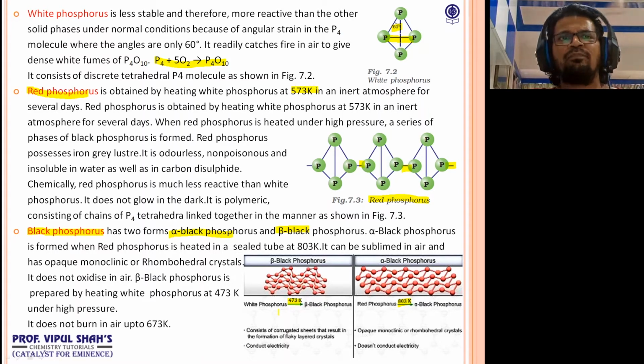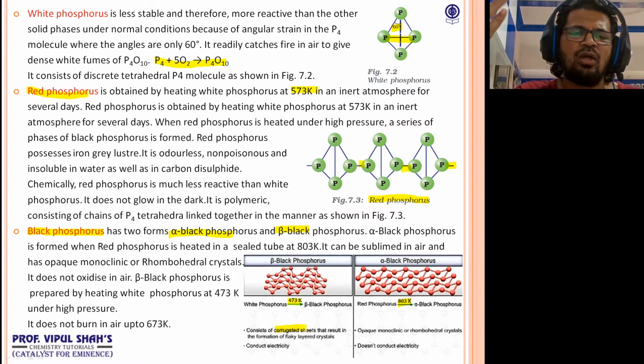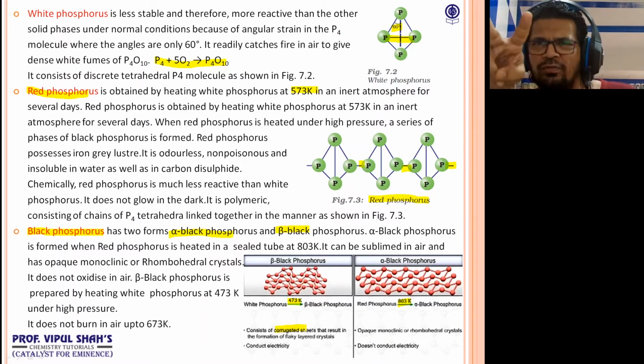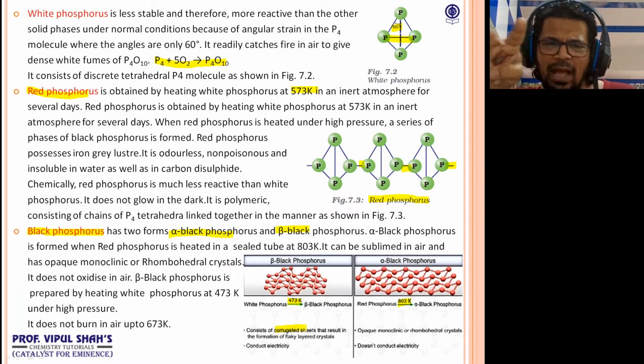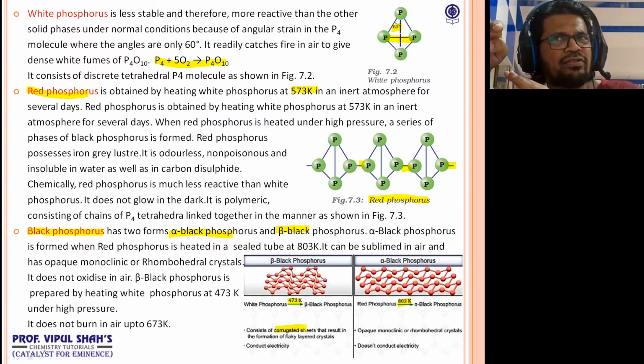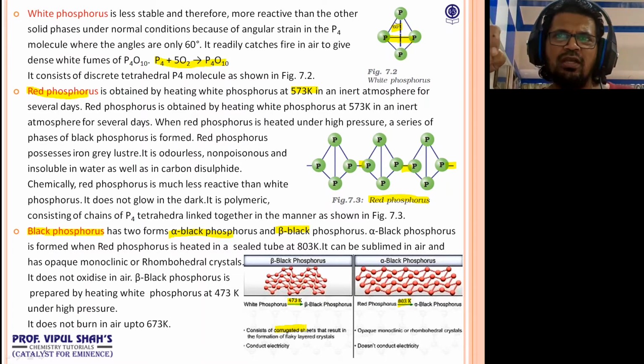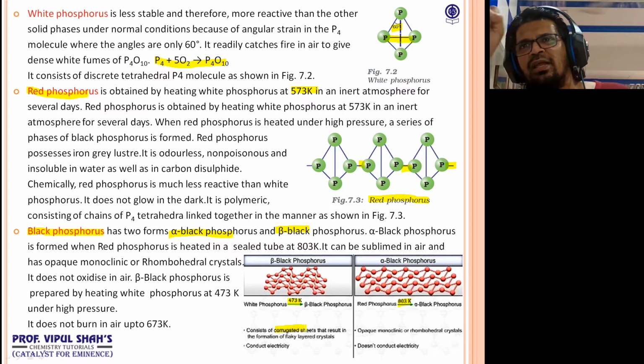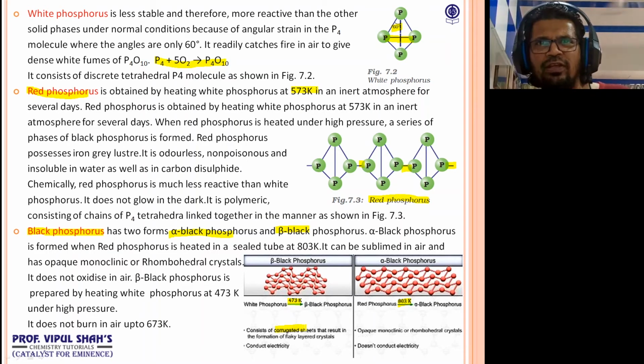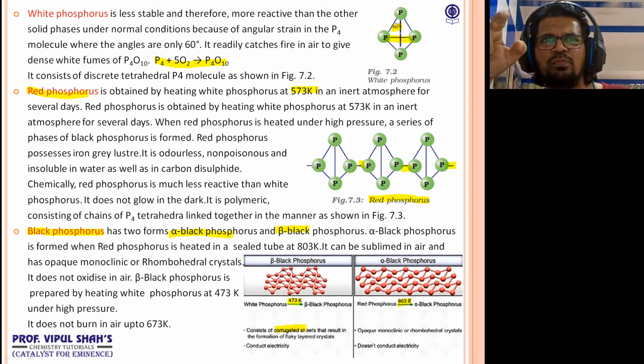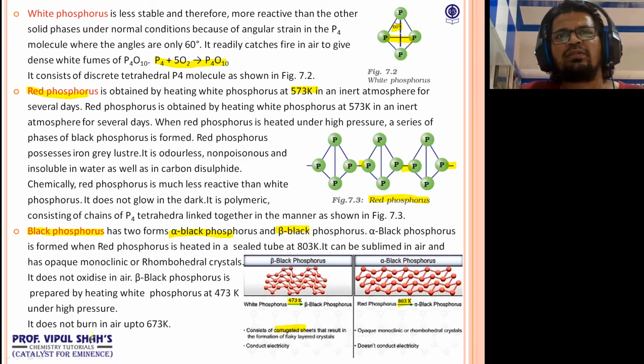Now if you observe this table, the structures I've given of alpha and beta. It says it forms corrugated sheets. Now the question comes, what is this word corrugated? If you observe, they are just like parallel rows. Have a look at the diagram. They are basically parallel rows of folds. Is this clear? That looks like a series of waves, when seen from one of the edges. That's the look of it. That's about black phosphorus.